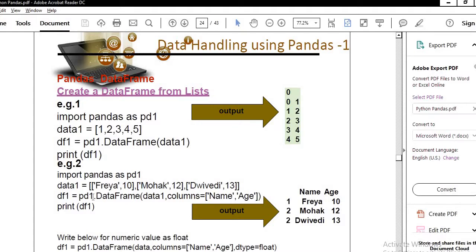When we are creating the data frame, we pass data as a parameter, and then we have mentioned the columns as name and age. So name will be the column heading for these names, and age will be the heading for these values. We will again try to run this practically now.